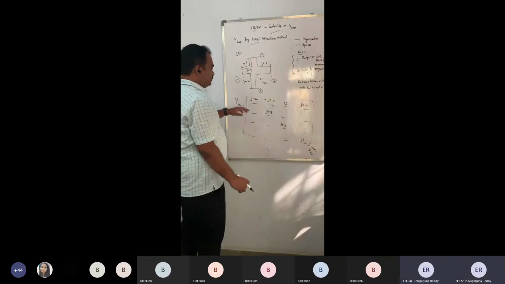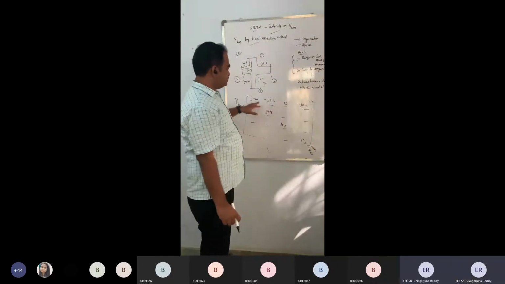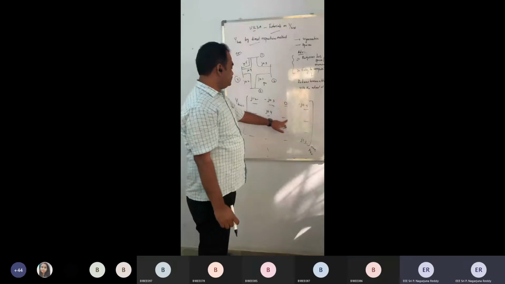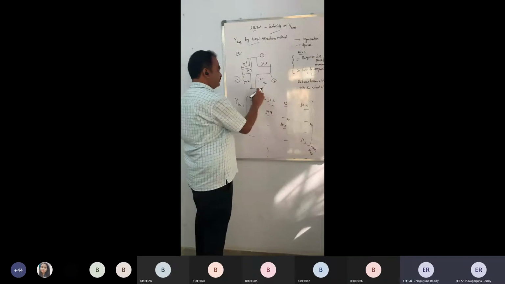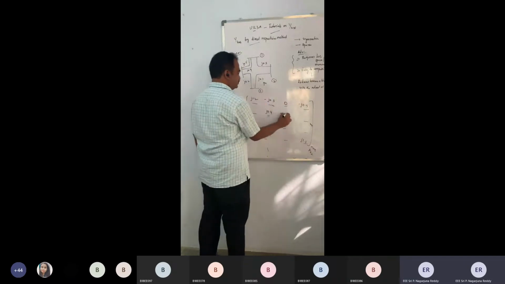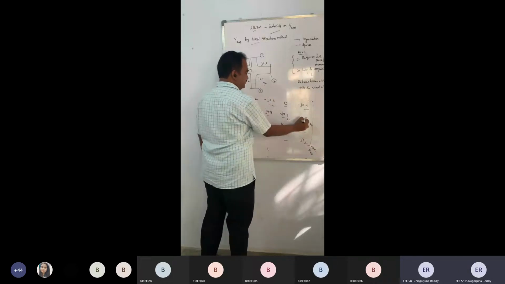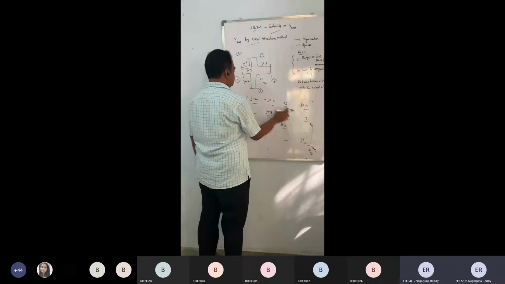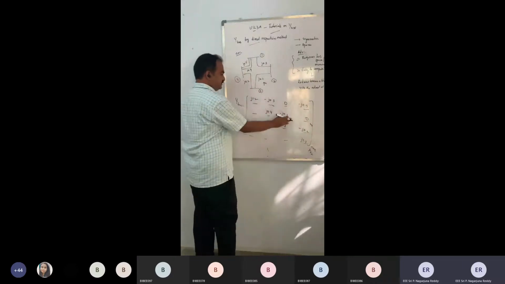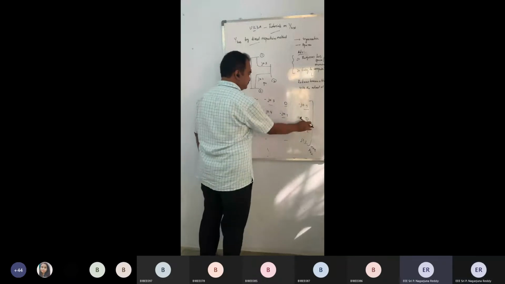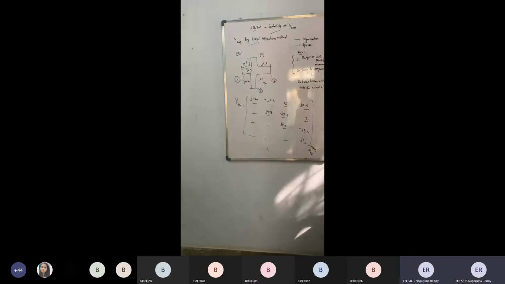So the next one: I am filling only the upper half elements. So the first row is done. The second row is 2, 3 and 2, 4. Between 2 and 3, I do have only one element, J0.1. It is minus J0.1. And for 2, 4, I don't have any direct connection between 2 and 4, so I'll leave it as 0. And next is Y34, minus J0.2. So once I have obtained these values, now I'll simply replicate these values.